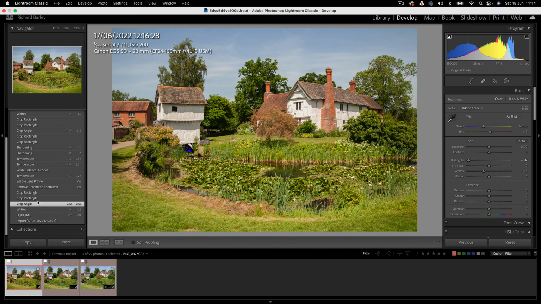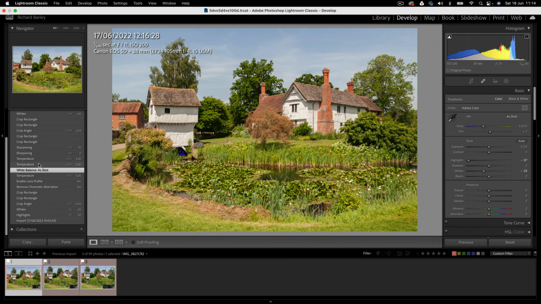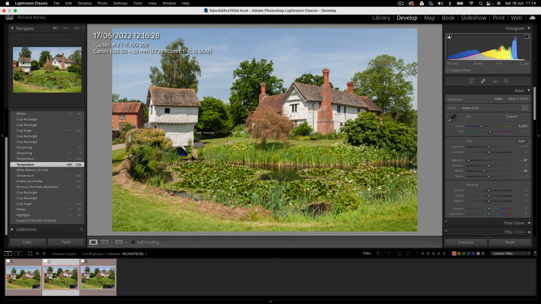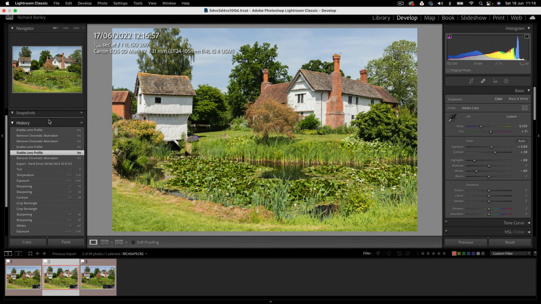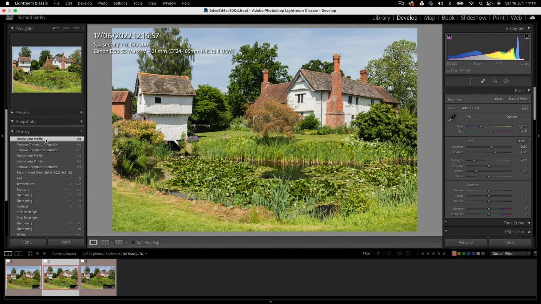Let's pull this one on a little bit, pull it into a similar area. You can see the progression of what I was doing. Right, now we've got them looking similar. So then I've gone tint, I think, and I've gone chromatic aberration, lens profile. Let's scroll down, keep going, fiddling around with lens and enable lens profile. And I've got to the end there, and that is 5150 with the, let's have a look at our sliders